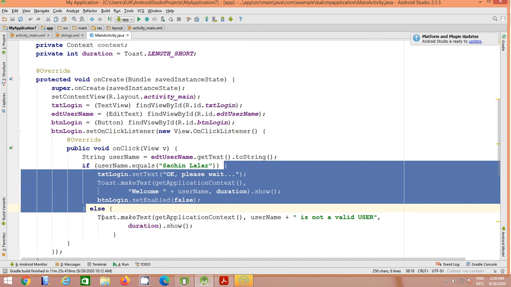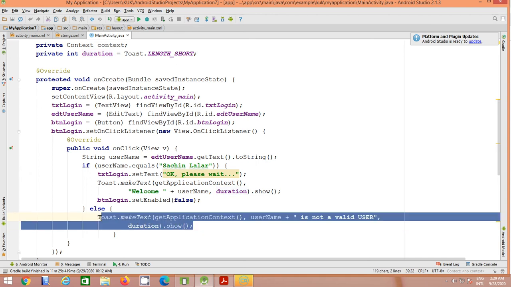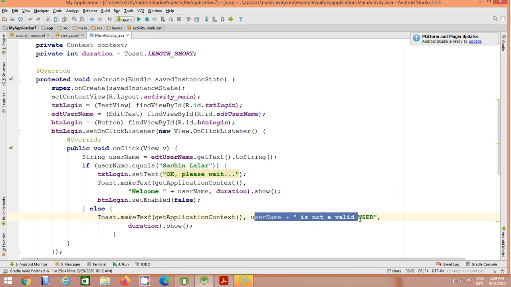If the username is incorrect, what do we want to display? The username is not a valid user. So same, we display the toast message in the else condition: toast dot make text, get application context, the username that has been typed plus is not a valid user, and the time duration is 2 seconds, that is the short dot show. So by this statement, if the username is incorrect, then a toast message will be displayed that it is not a valid user.